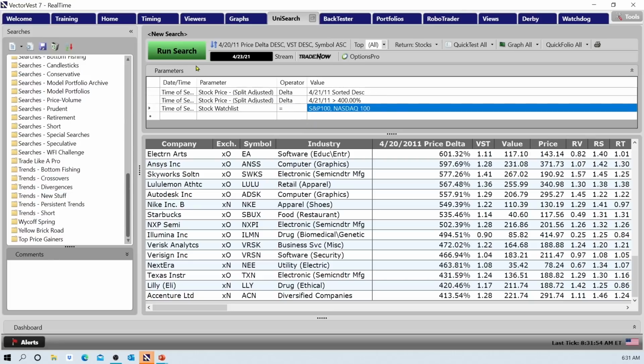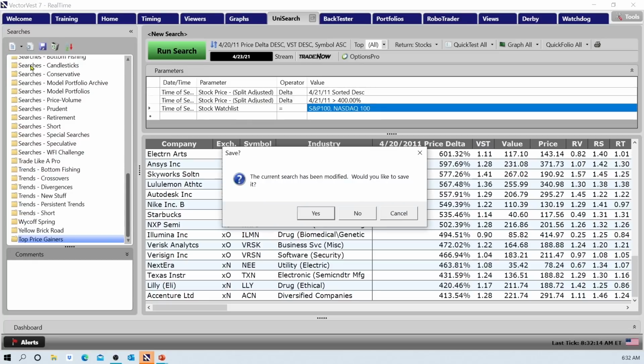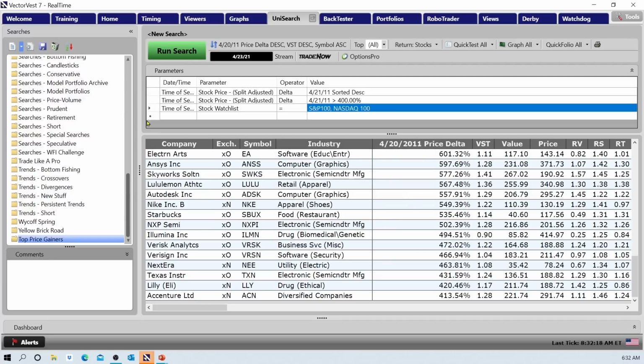So let's go ahead and save these searches into a folder here. So I've got my top price gainers folder, and again, that's just by left clicking on the new group. I do want to have a master folder. It's like a filing cabinet. And now when I click on new search, oops, let me cancel that. Sorry, when I click on save as, I've already got the search, so I'll click on save as, and I'll